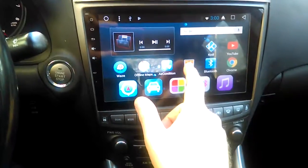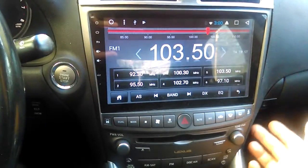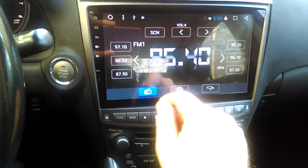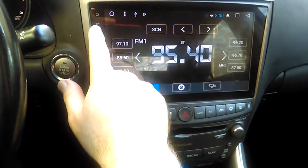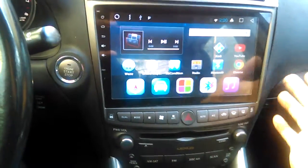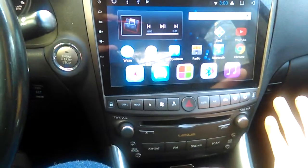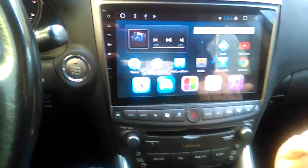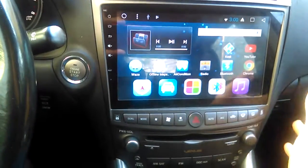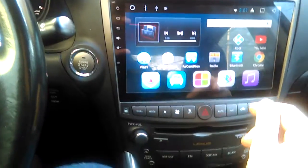So the radio works, but for reception, I have a splitter in the back that allows me to get reception of both the bottom and the top radio. So I can choose the one that comes with the stereo or the OEM radio. It doesn't matter to me because I don't use the radio. For me, the most I use is YouTube. I use YouTube for most of everything, but I have other things here I use besides YouTube. Anyway,